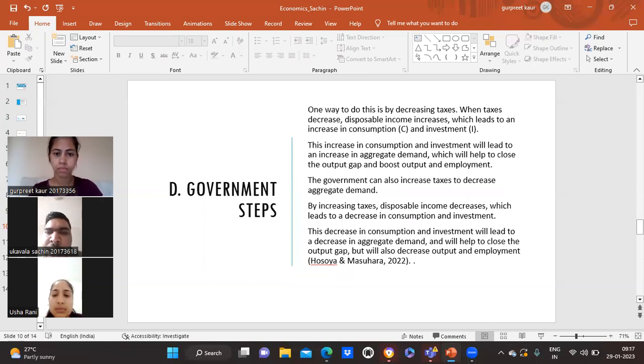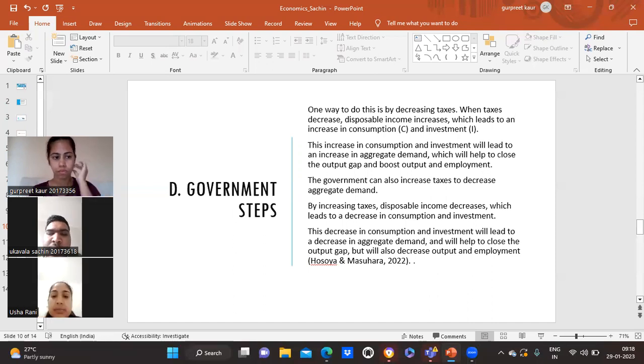Government steps. One way to do this is by decreasing tax. When tax decreases, disposable income increases, which leads to an increase in consumption and investment. This increase in consumption and investment will lead to an increase in aggregate demand, which will help to close the output gap and boost